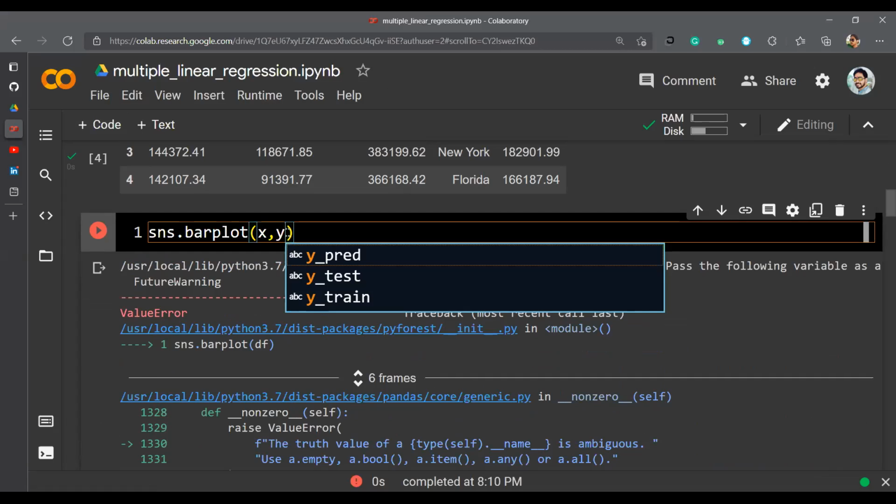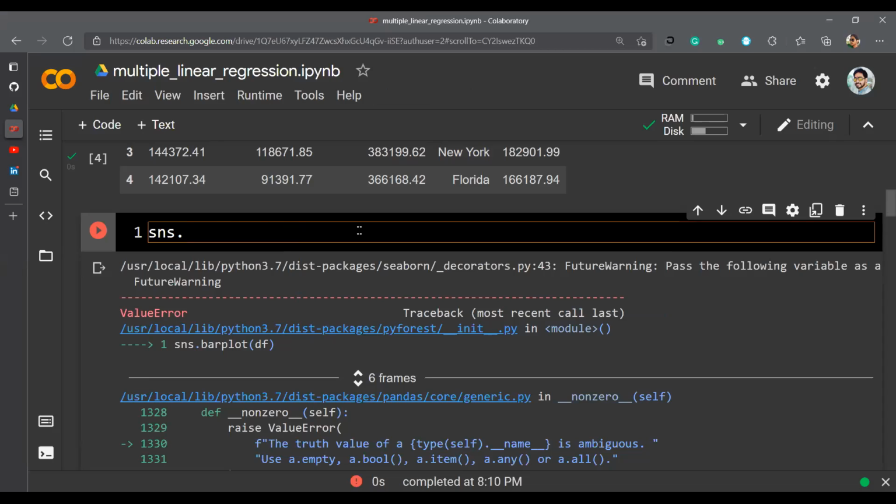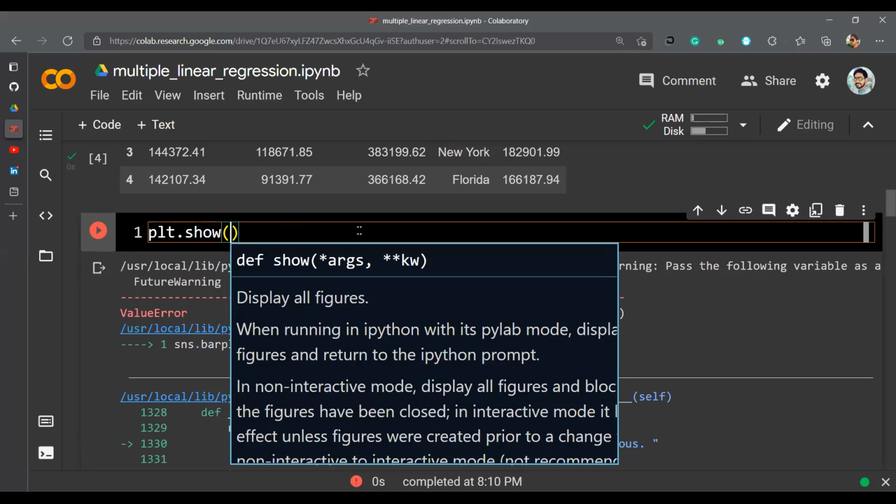But within a couple of months, there should be an update as per their official PyPI page. I can show you that also. Definitely you can plot anything with this, or give any kind of x and y axis.